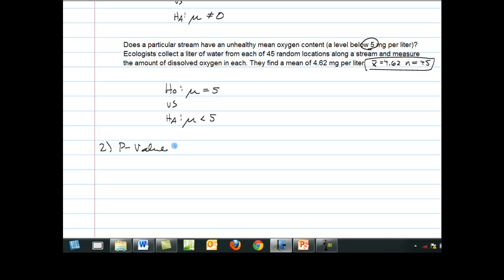So a p-value, the definition, is the probability, if H naught were true, of obtaining a sample statistic,